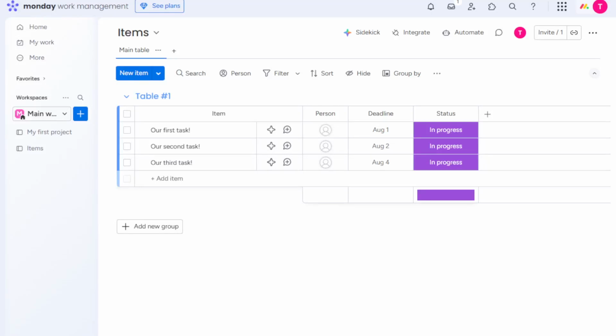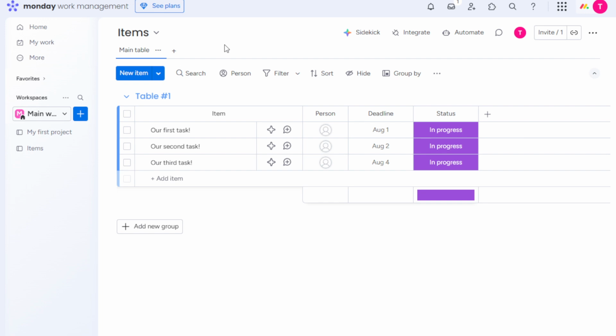In today's video, I'm going to teach you how to create a timeline view in Monday.com fast and easy. If you're looking to enhance the visual organization of your projects or tasks within Monday.com, you've come to the right place. Timelines are an exceptional way to keep track of progress, manage deadlines, and visualize your workload over a given period. So, let's dive into the steps you need to follow to set up a timeline view